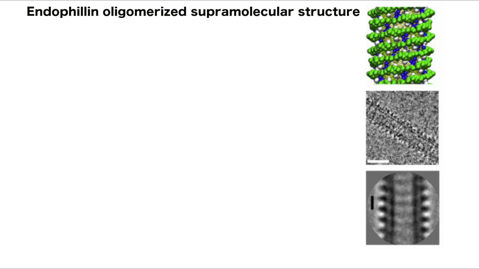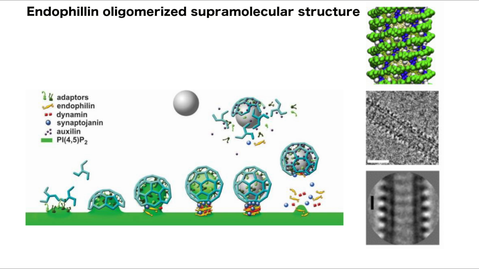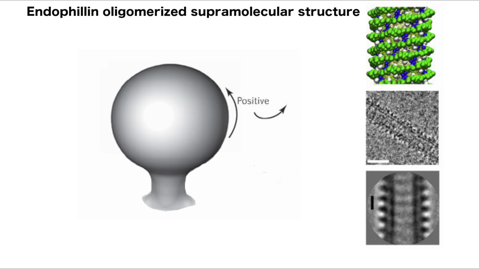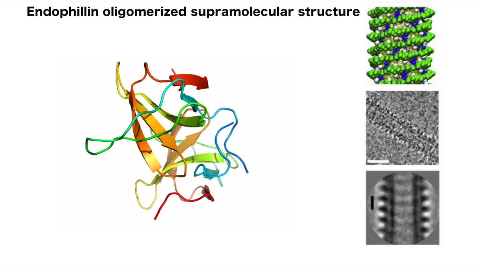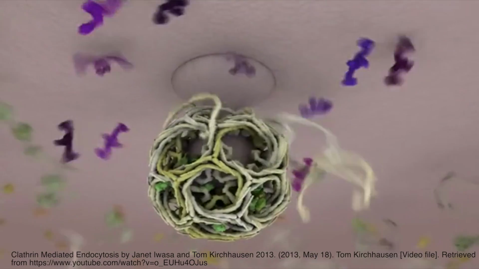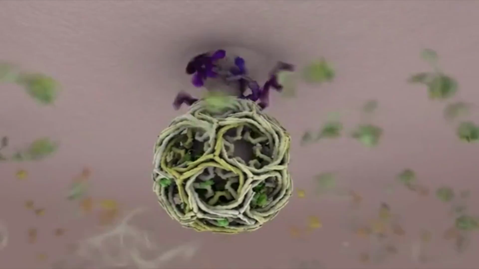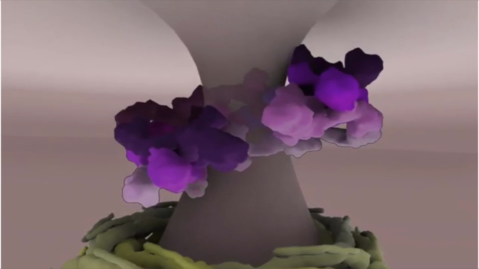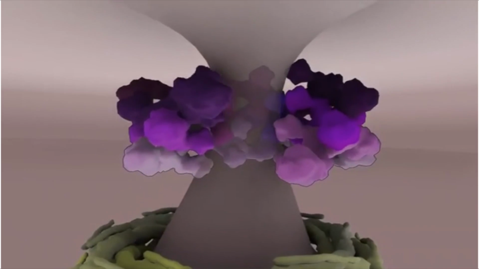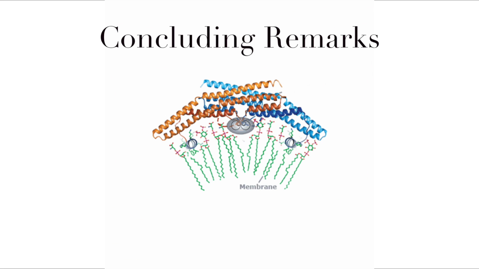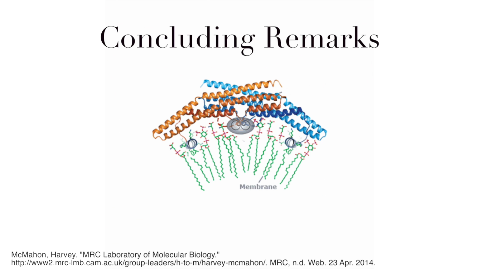The following supramolecular structure is crucial for endophilin's biomedical role in clathrin-mediated endocytosis. Endophillin generates the neck region of a budding endocytotic vesicle. Then, through its SH3 domain, it recruits a GTPase protein called dynamin. Dynamin then completes the internalization of the vesicle cargo by scission of the neck. However, it was only able to do so thanks to the generation of the neck by endophillin and its recruitment via endophilin's SH3 domain. Endophillin is a truly remarkable protein, and much work remains to be done to fully characterize